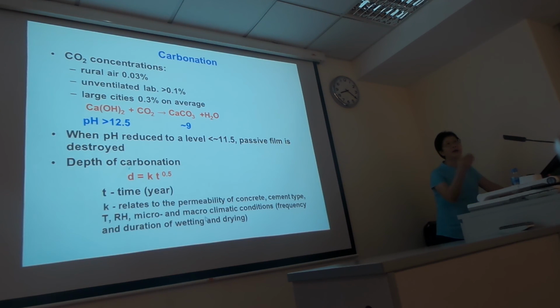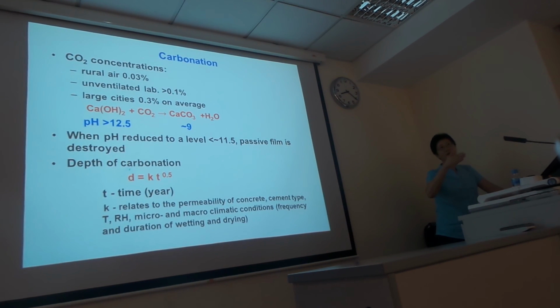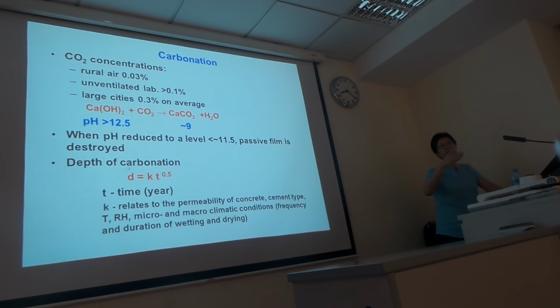If you have a Portland cement concrete and the CO2 penetrates into the concrete, it will react with this calcium hydroxide. When all the calcium hydroxide on the surface has reacted, then the depth of carbonation will increase, right? So the CO2 goes in. But when